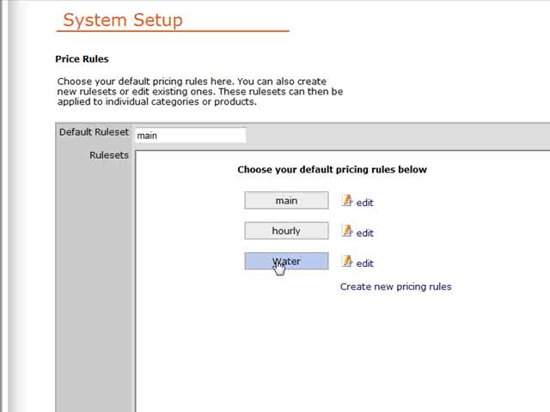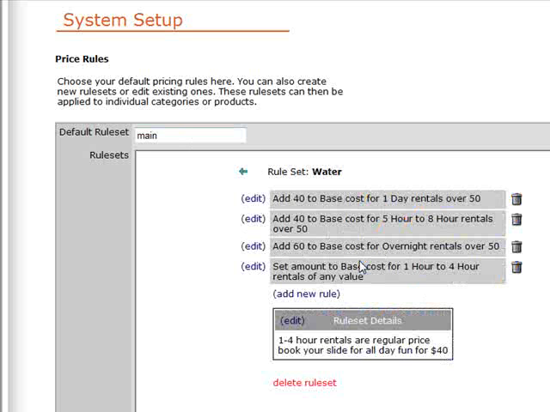And by the way, now that we have this thing that says water, all you do is click in the pricing rules and select water for all your water items, and those will now run by these rules as opposed to the default, which is main, as determined up here. Okay, so let's go back in and make one more that